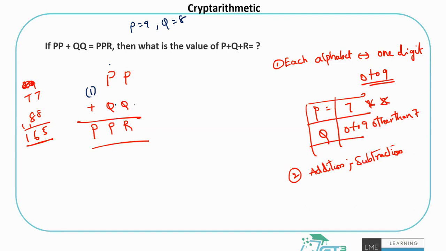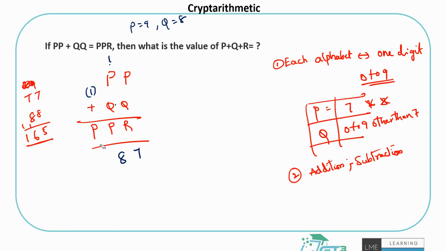Even if I write here, let's say I take 9 and 8, so 9 plus 8 is 17. I get 7 here, and I carry forward 1. 9 plus 8 is 17 plus 1 is 18, so 8 here, and then I carry forward 1. There is no way in the given scenario I would be able to get more than 1 for this. The other thought you might have is, what if it is 0?